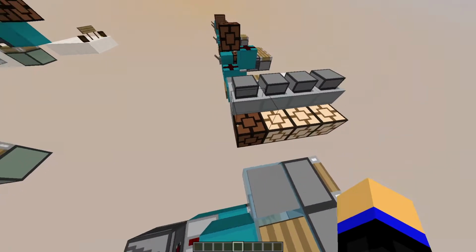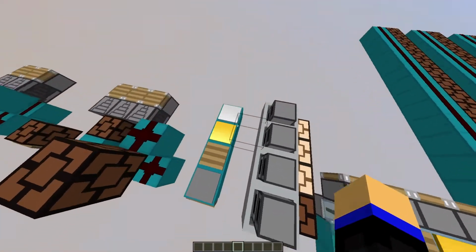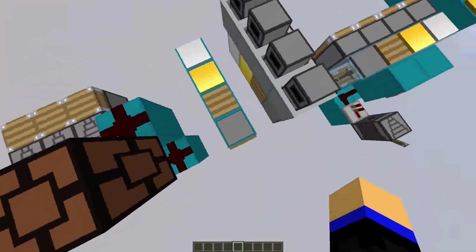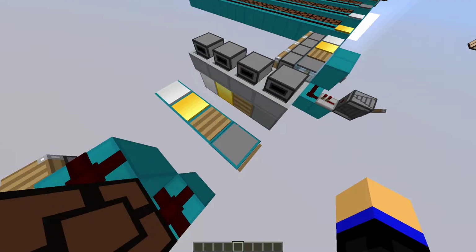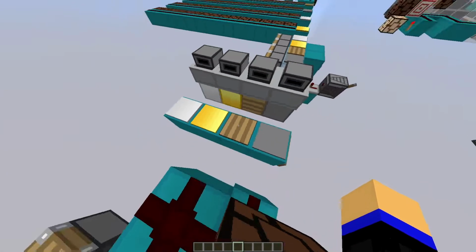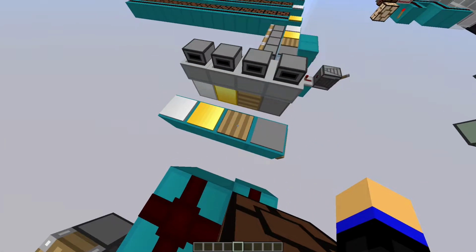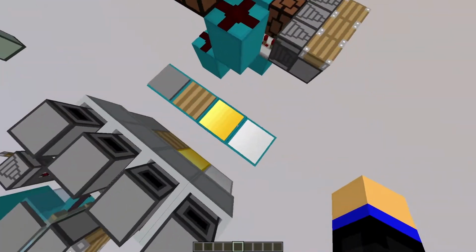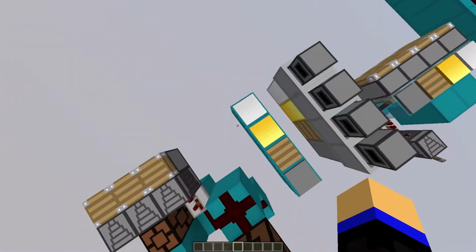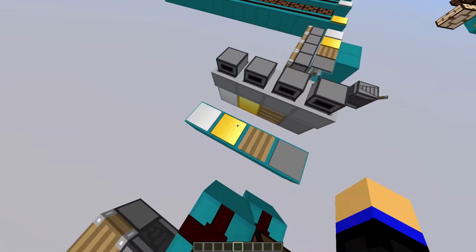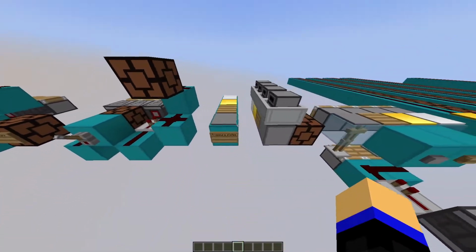So a pressure plate exists in 4 categories: stone, wooden, lightweighted pressure plate, and heavyweighted pressure plate. I say categories because for stone pressure plate, you have stone pressure plate and polished blackstone pressure plate. And for wooden pressure plate, you obviously have all 6 kinds of woods along with 2 nether woods. Another thing is that lightweighted pressure plate and heavyweighted pressure plate are also known as gold pressure plate and iron pressure plate because of their materials. So that can be used interchangeably. Now the first property is that